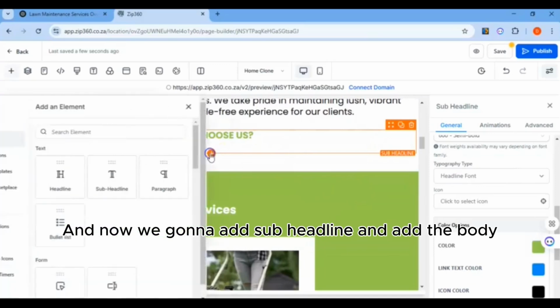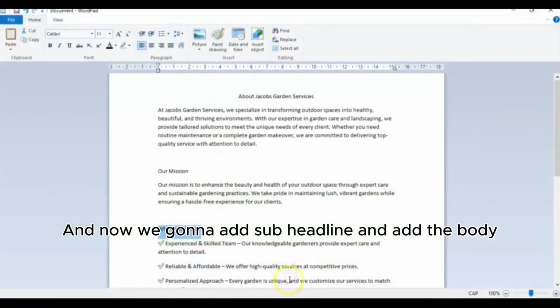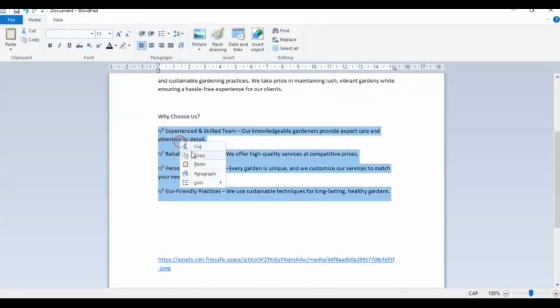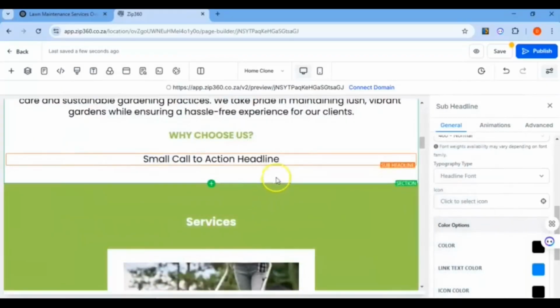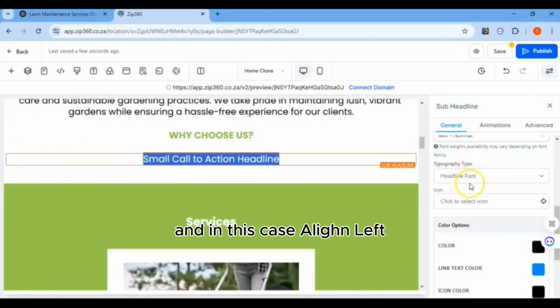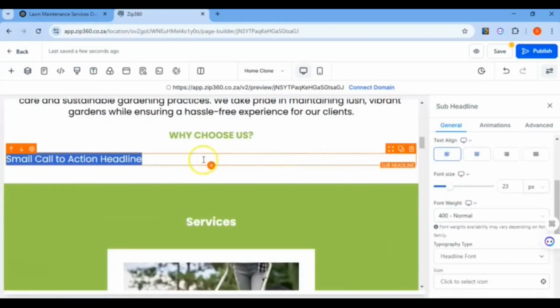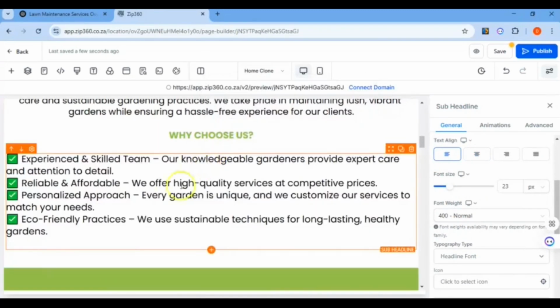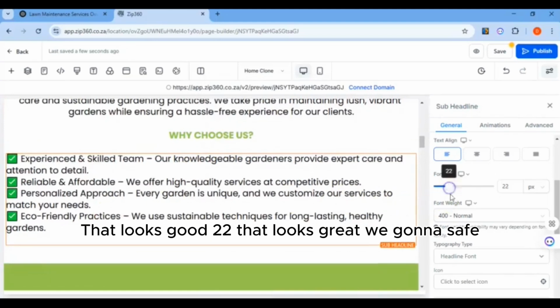And now we're going to add a subheadline and add the body. And in this case, align left. That looks good. 22.